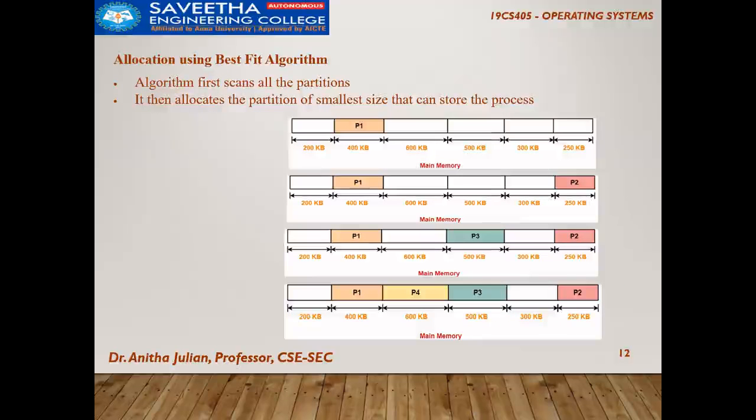Similarly, if I go for best fit, I will try to scan through and try to fit into the most fitting partition, because this is 300 and odd, I am fitting it into this place. And then P2 is within below 250, so I go and fit it here. And then P3 if I take, it is less than 500, so I fit it here. And P4 is again less than 600, so I am able to fit it here. So by best fit algorithm, all the 4 processes get fitted properly. And of course you learnt about compaction, so the remaining things will be compacted and other things will be done.